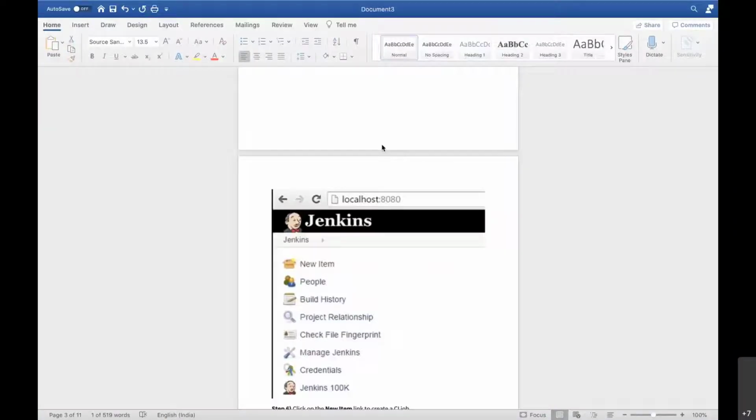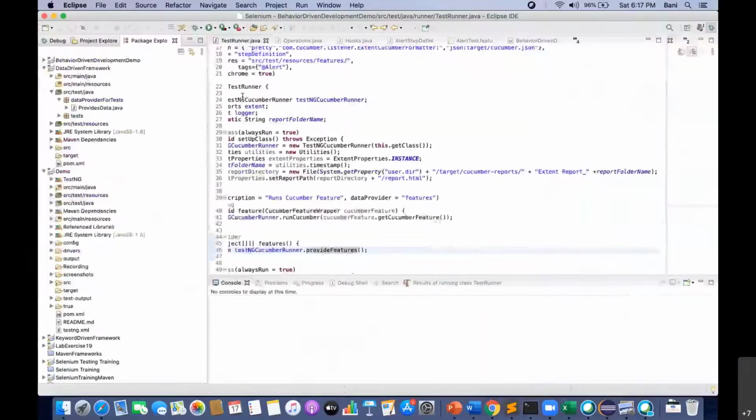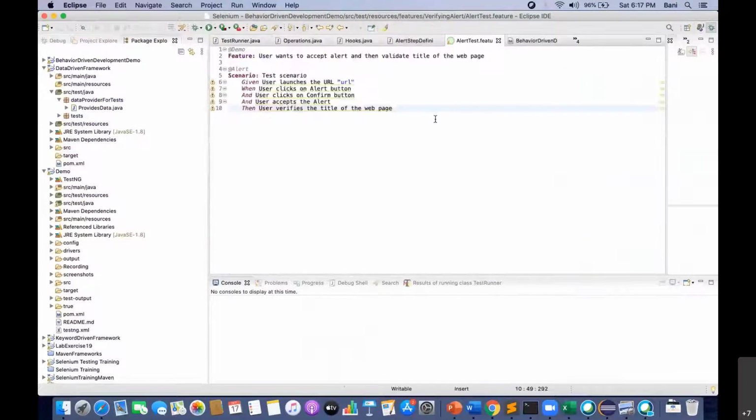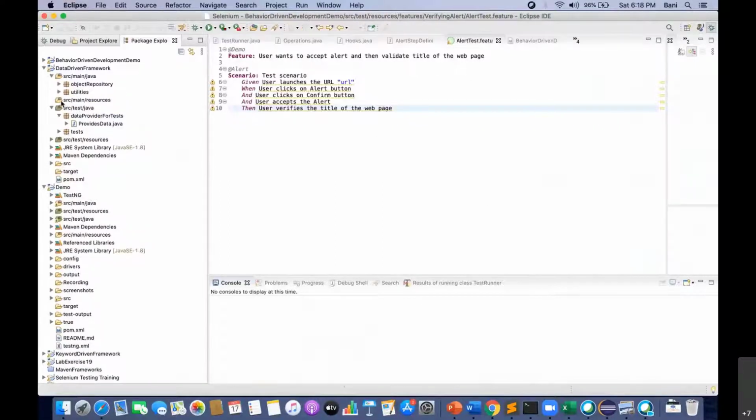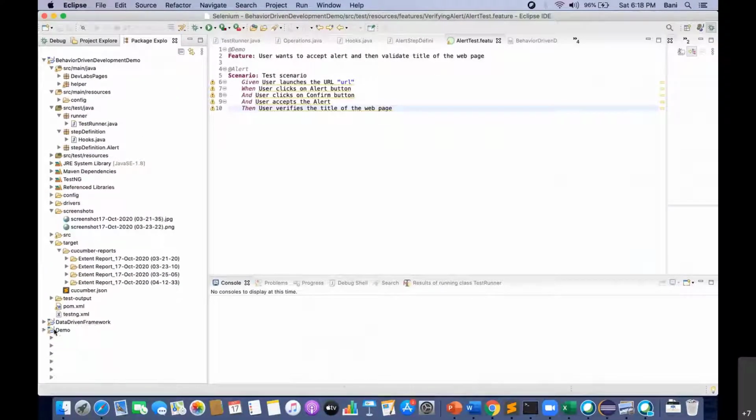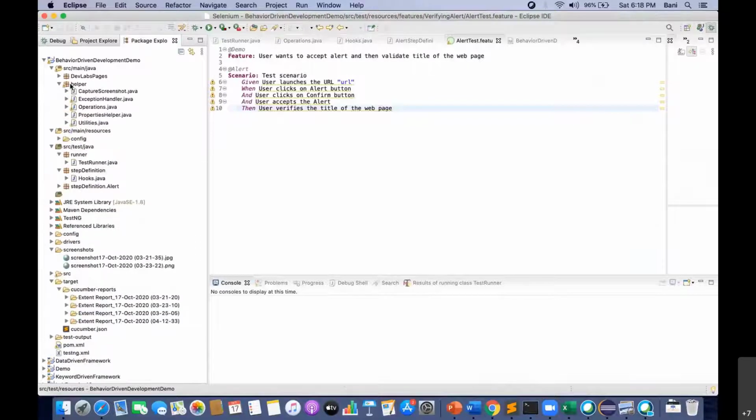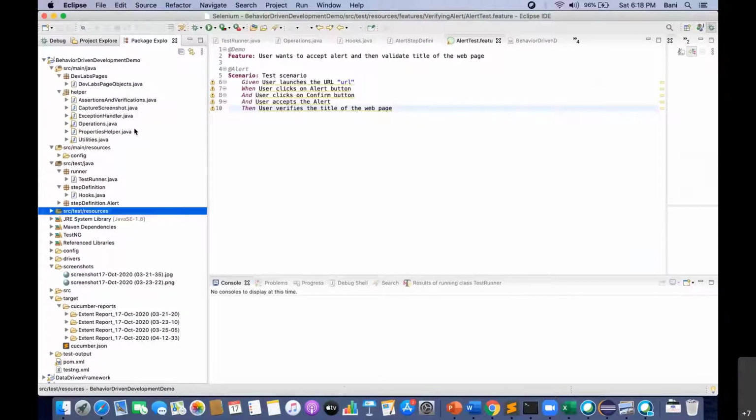Let me first show you one example that I have made today for everybody, because otherwise it takes a lot of time to write it in front of you. For this behavior driven development, I have made this entire framework for sharing. I have implemented every possible thing for somebody who is a beginner or wants to understand this behavior driven development. This is how I have made this entire framework.